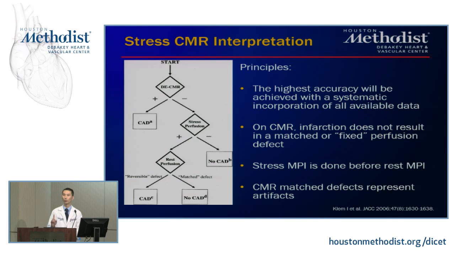Okay. There is one caveat though. If we do image too soon, the rest after stress, you could have a little persistent ischemia, persistent defect. And so that can mislead you into thinking that's artifact. Does that make sense? Because normally you have to wait a certain amount of period for the coronaries to recover and go back to normal. But if you do it too soon after, and I'm talking like within 5 minutes,